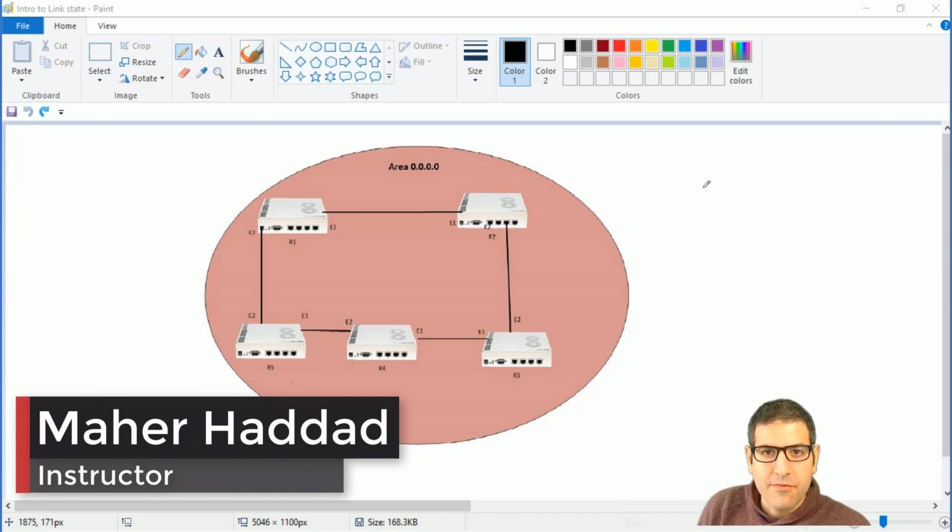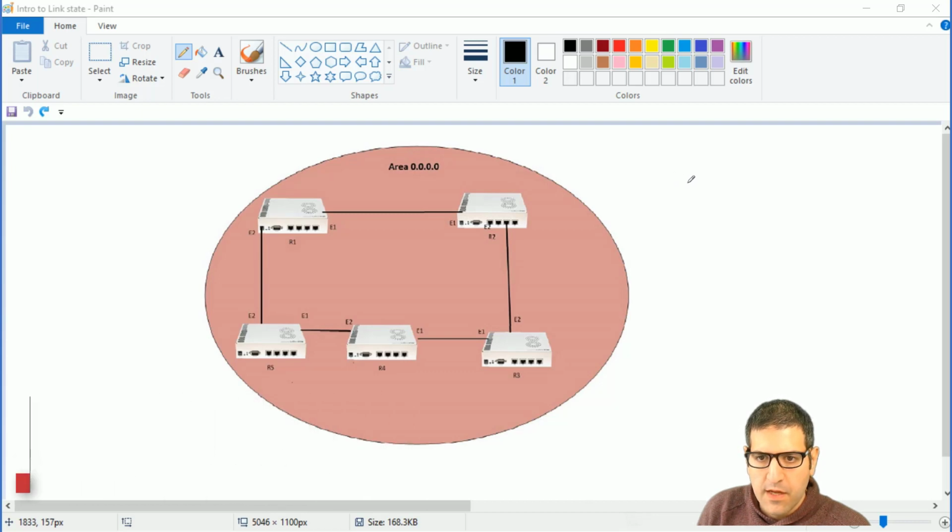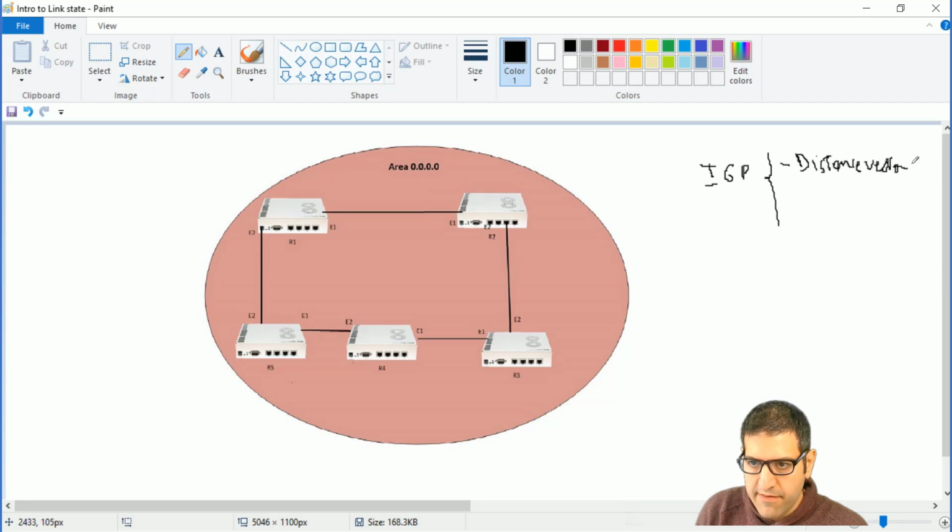In this lecture, I'm going to explain to you about link state routing protocol. So we all know that we have IGP, Interior Gateway Protocol. And in IGP, we have two types of routing protocols. We have the distance vector and we have the link state. The distance vector routing protocol is, for example, RIP, that I have already explained in another course on